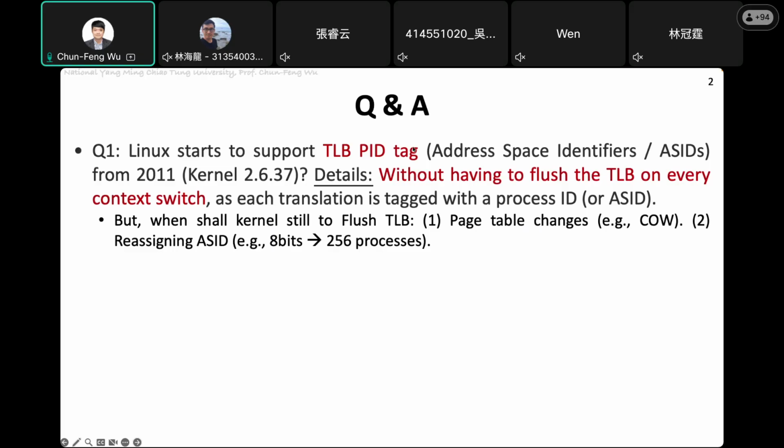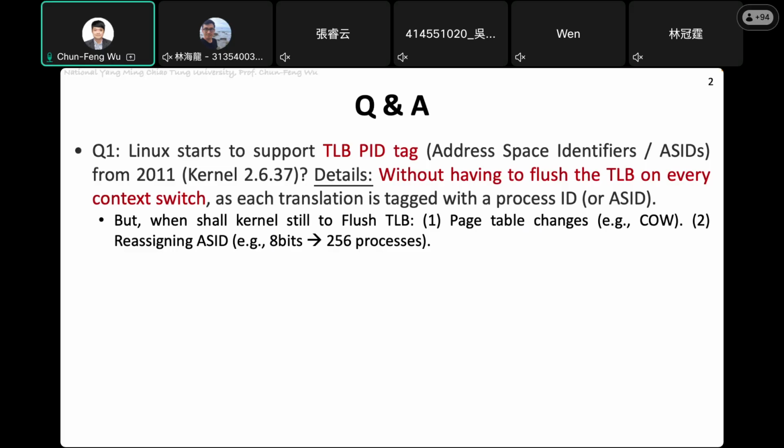For each page table entry, it has one tag to identify which process it belongs to. So if each translation carries its PID, it is not really necessary to do the flush